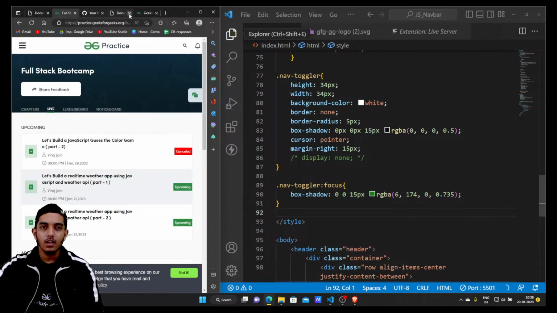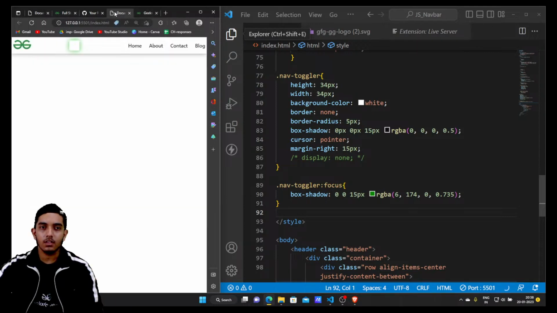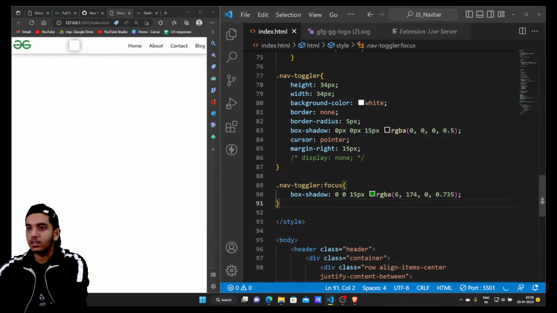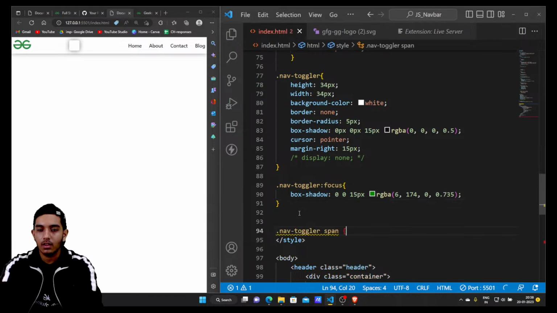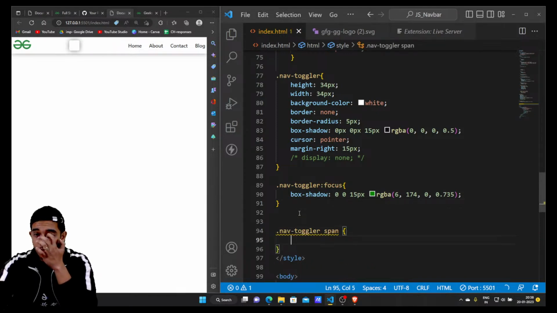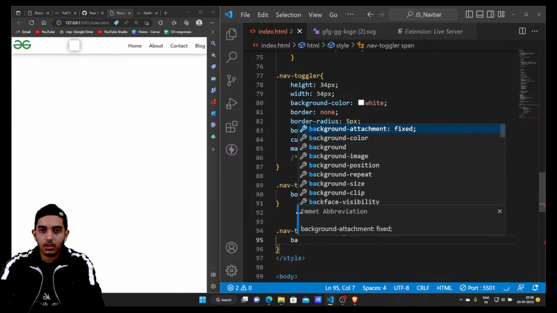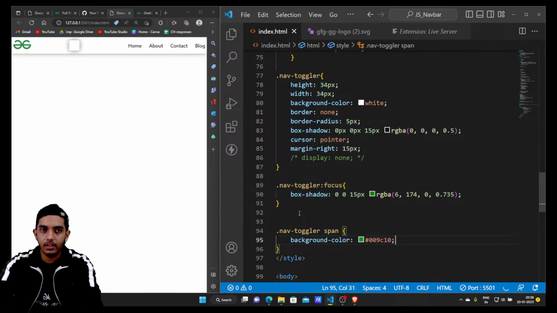Okay, so for that, I can do one thing. First, we are going to make these three lines. So for that, I'll just target my span, and then we'll first give it, suppose I'll just give it a background color of this green. Okay, and then we'll give it a height of 2 pixel, and